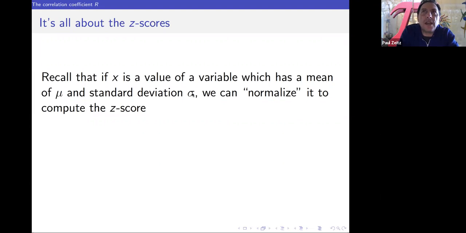So with things like adult height, the standard deviation tends to be about between 2 and 3 inches. And so what that means is that on average, if you had a large group of people and you found out how much they differed from average height, you'd find that the average difference is about 2 to 3 inches, roughly speaking. So that's really what standard deviation means. It has a complicated formula, but it has a very intuitive meaning. And so for any variable where you know the mean and you know the standard deviation, which again is really just a measure of variation of the variable, you can normalize it to compute what's called the z-score.